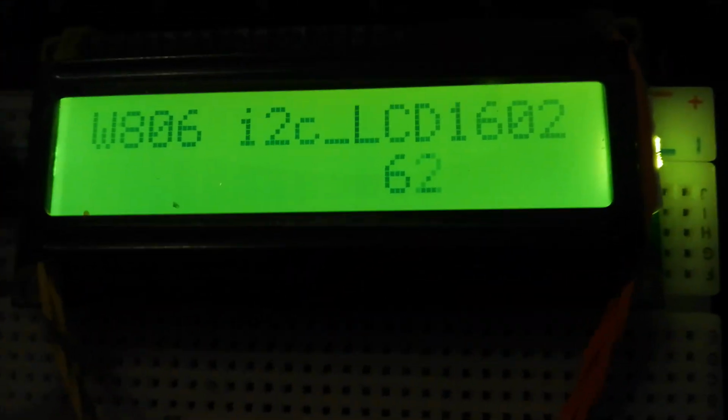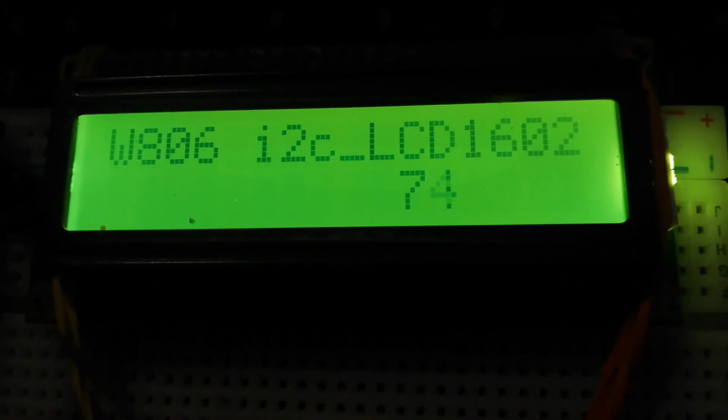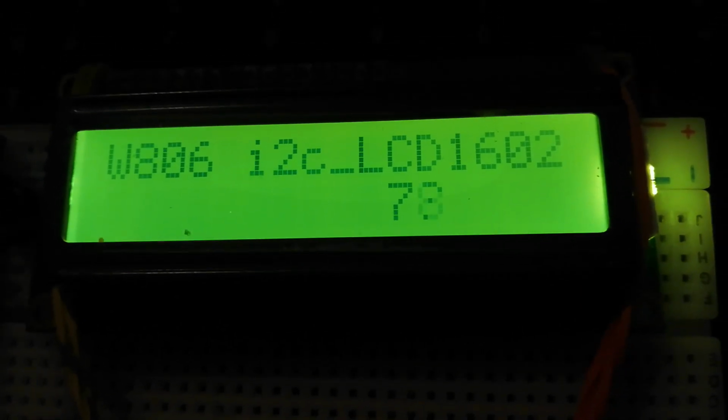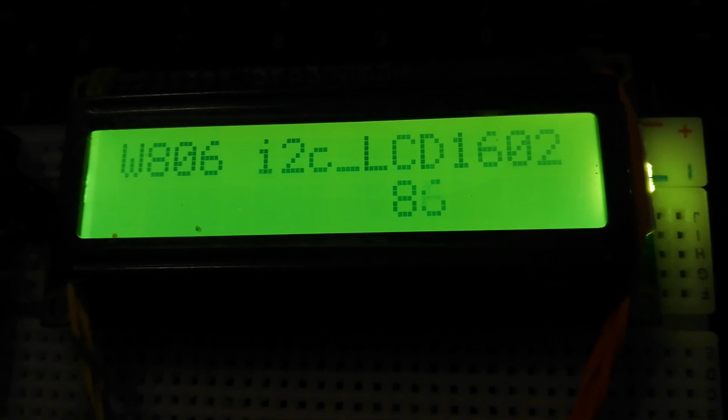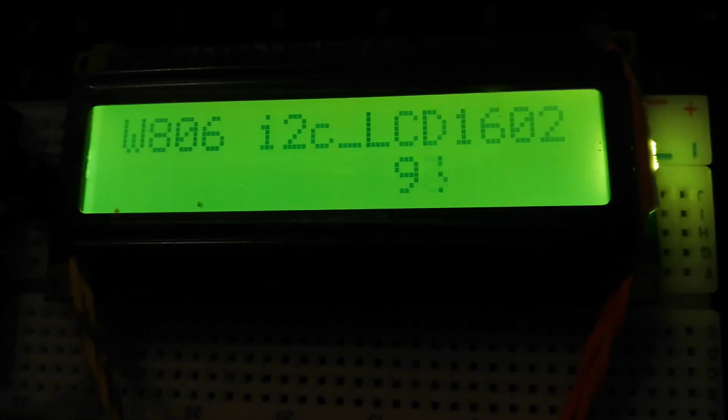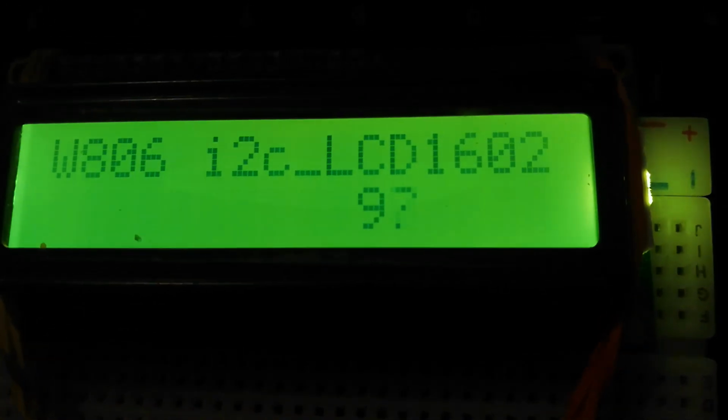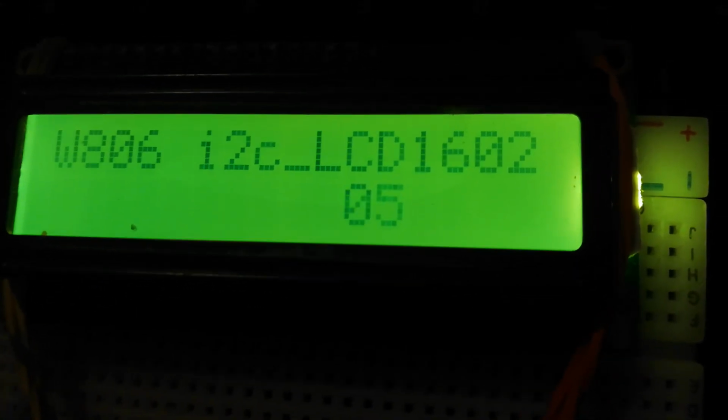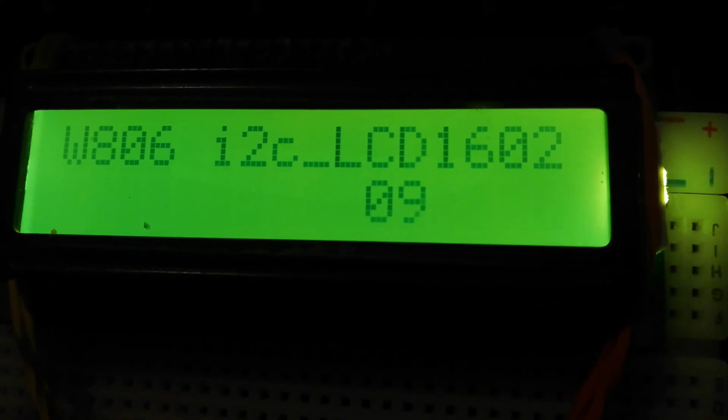I modify an example from W806 board in Arduino IDE, but it's not easy to control a simple display as with classical Arduino or